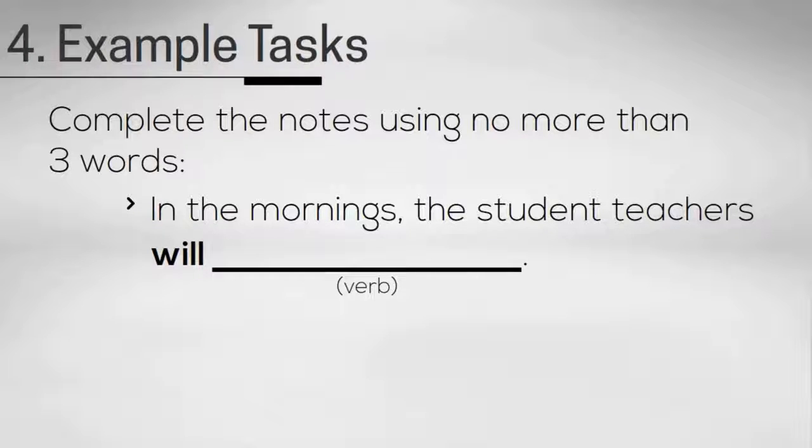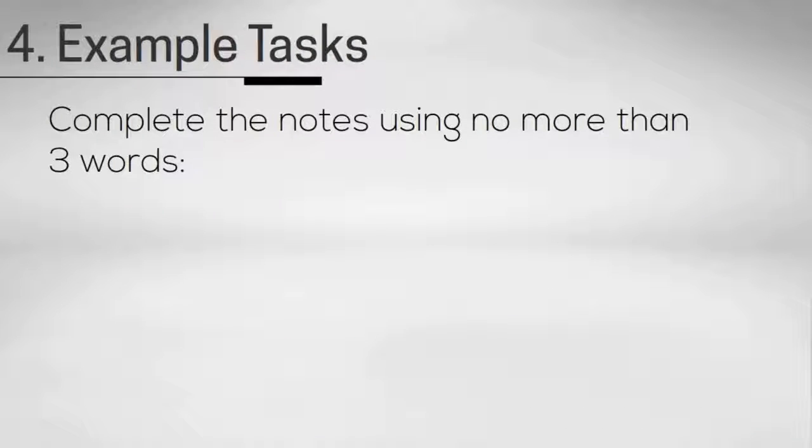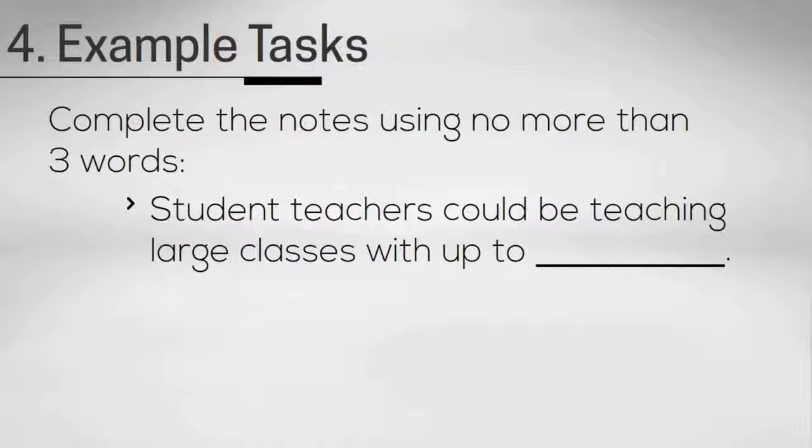And we can also have a good guess about what a student teacher is likely to do. In this example, you would hear the answer read aloud in the recording. Since you have already read the question to yourself, you should know what sort of information you're listening out for to make your listening more effective. The second example question is, student teachers could be teaching large classes with up to... Again, here we've got a missing word or words, but we don't know exactly what the answer is. The phrase up to suggests the next part is going to be a number. One possibility is that it's going to be the number of